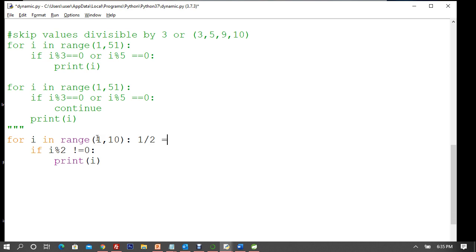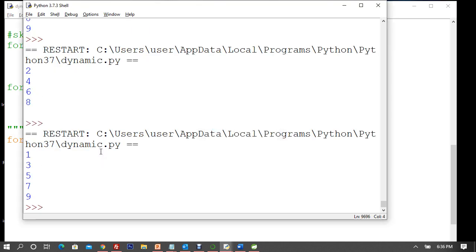No, it is not equivalent to 0, right? So I am going to print 1. Now the second time, I is incremented to 2, and 2 divided by 2 gives remainder 0, right? So you are going to skip that. You say not equivalent to 0. So now you can see 1 is not divisible, 3 is not divisible, 5 is not divisible, 7 is